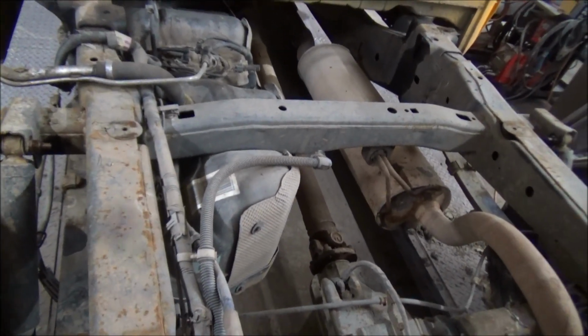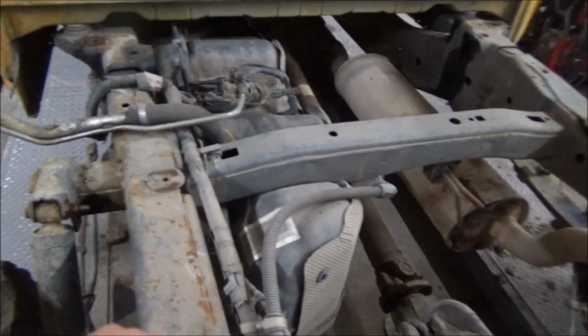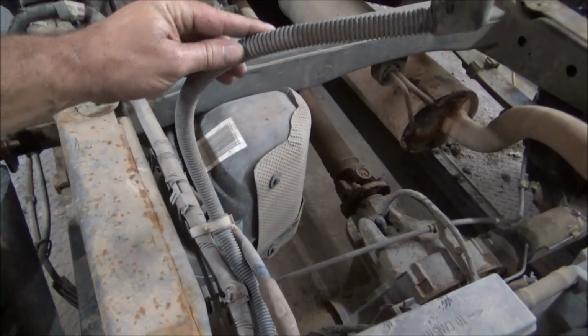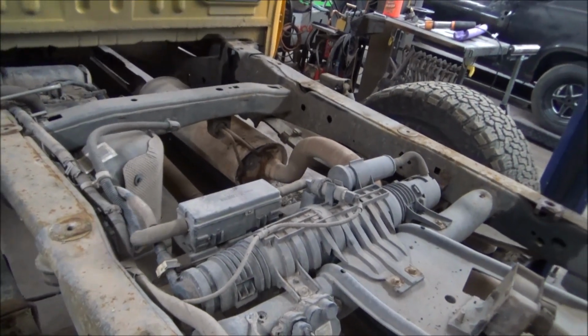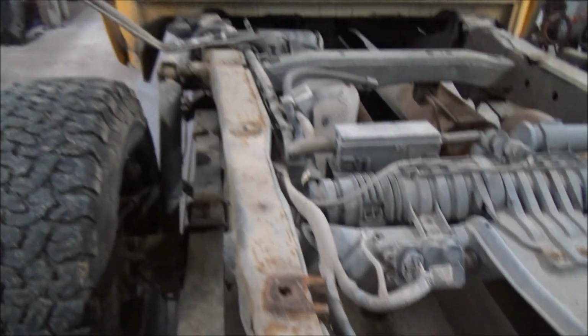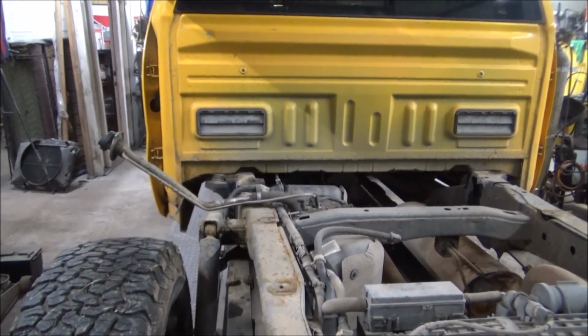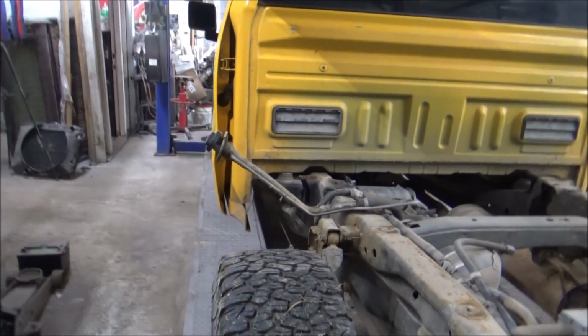And man, even with all of that stuff standing here, I can smell gas. I got the gas cap on tight. I reckon it's come out of that breather tube right there. Wow. I reckon it ain't working as good as they thought it would. But anywho, let me go ahead and strip the rest of this wiring harness down to the cab there. And then what I think I'm going to do